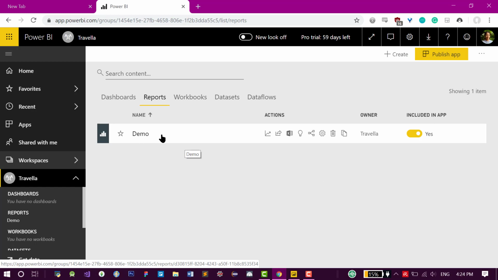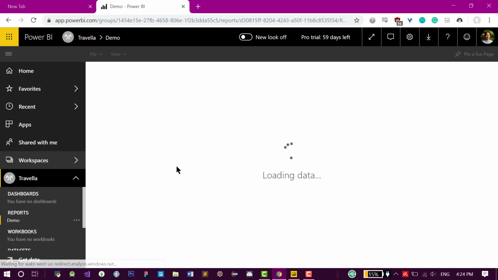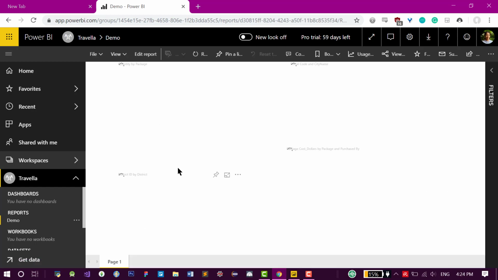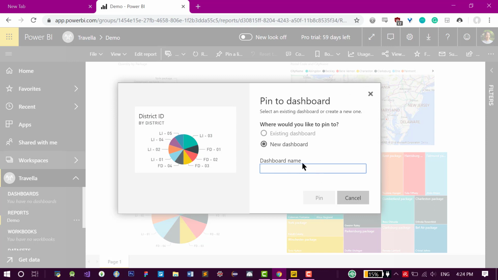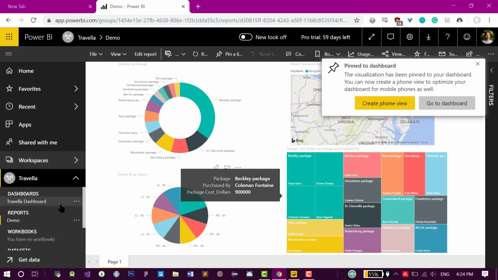Now suppose I want to create a dashboard using this demo workspace. I can click on the report demo, and then I can choose particular visuals that I want to add to my dashboard. So click on, say, this visual, which is quantity by package. I click on the pin icon which is next to it, and I'm going to create a new dashboard called Travella. And click pin. So here you can see on the left hand side that a Travella dashboard has been created,